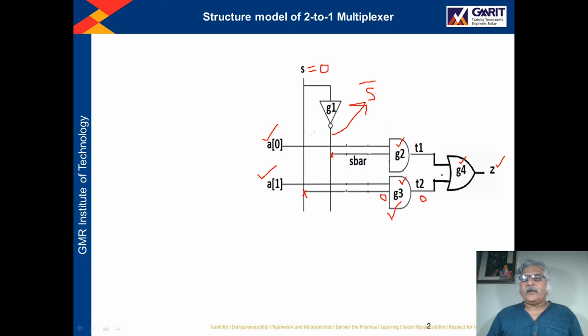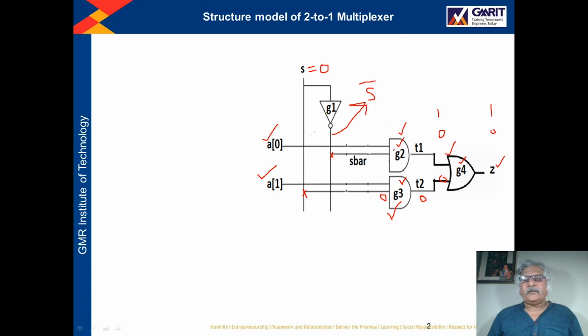So this OR gate is having 0. Now it depends upon this input of the OR gate, right? If this input is 0, then output will be 0. If this input is 1, then output will be 1. So basically now the OR gate will be driven by the output of G2.